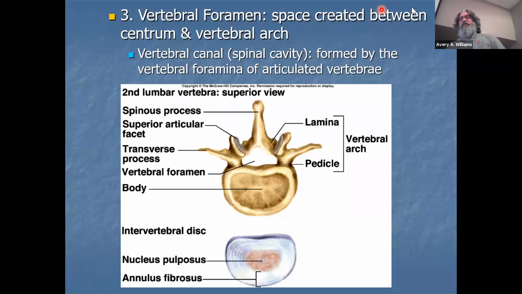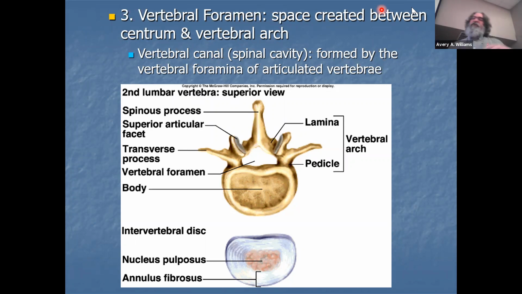Now, often you hear vertebral foramen, vertebral canal, vertebral cavity. What are the differences between these things? Or are they the same? Are they synonymous? Well,